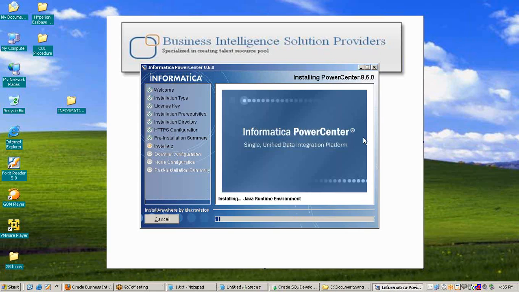Now installation of Informatica 8.6 has started. It will take some time. Informatica is a very powerful ETL tool with lots of functionality and features. These are the steps for installation of the server. Now you can see SOA based